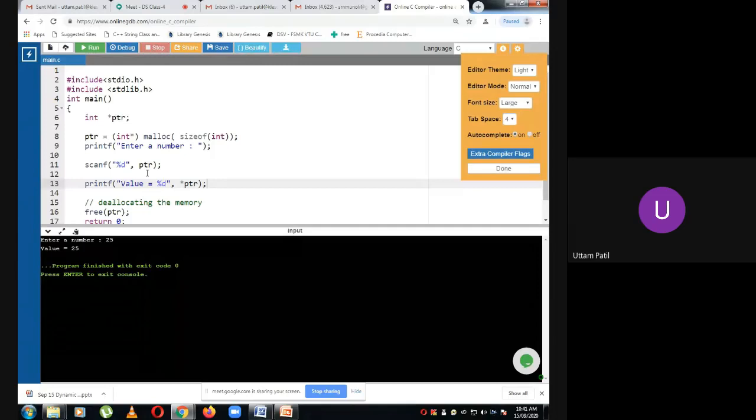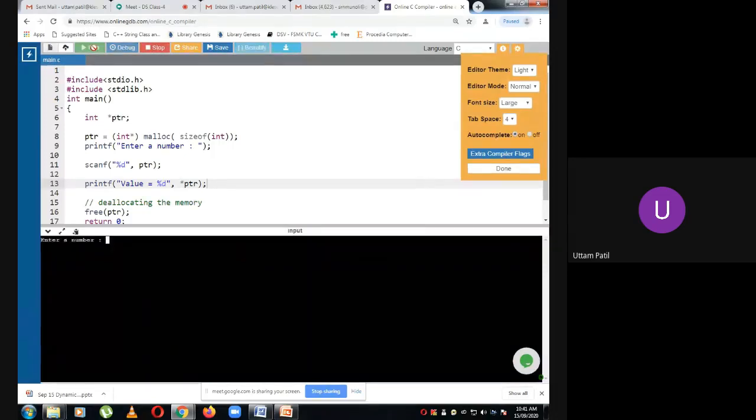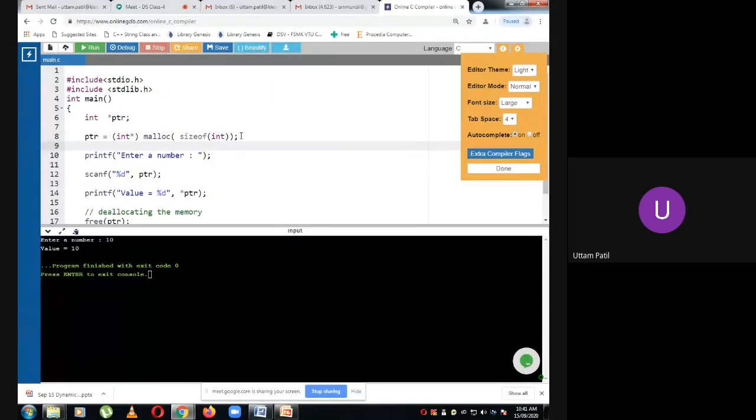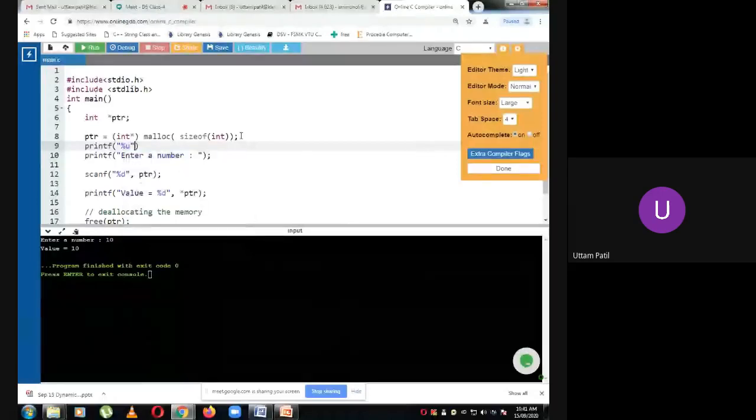Hope you could follow this. Now run the program. Some other memory location is allocated. So I will try to write 10. It will display 10. You can also do this. I'll just show you. Printf percentage u. Last time I had told you percentage u is for unsigned type of data.